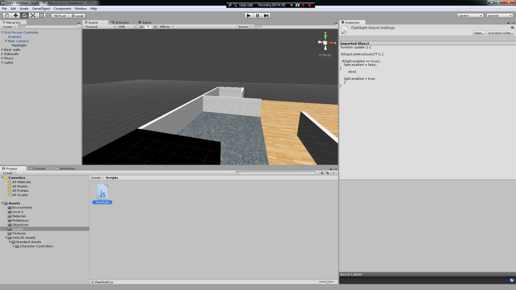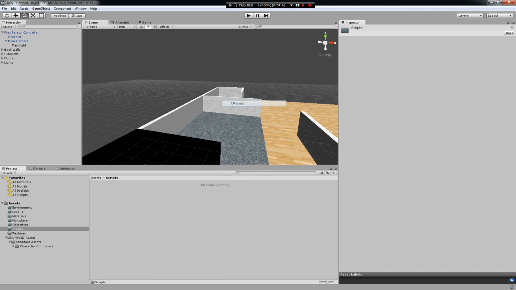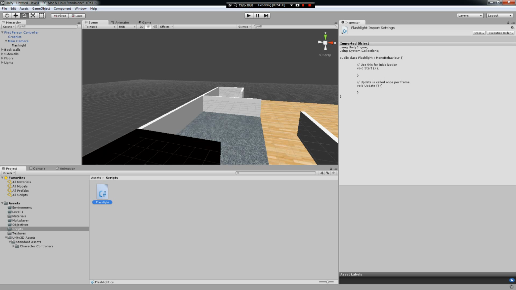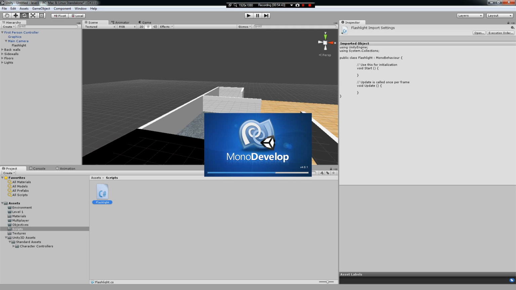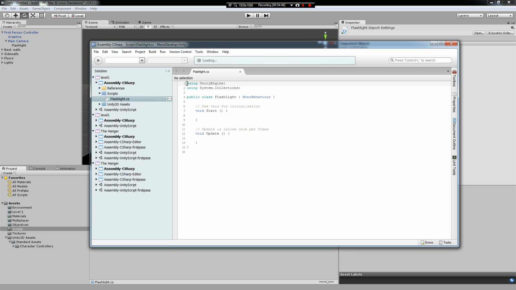So just delete it, create a new script, make sure it's C# though, and once again call it flashlight. Double click it and just do follow. So okay, just leave it how it is,